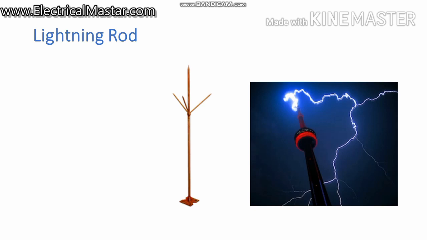So whenever a lightning stroke happens, there is a chance that the lightning's high voltage will attack our high-rise buildings. At that time the rod will catch that high lightning voltage and connect it directly to the ground. From the ground strip conductor, it is connected to the separate earth pit of this lightning rod. So the high voltage will come, and it will carry that high voltage directly to the ground. So whatever equipment we have connected inside that building will be safer.